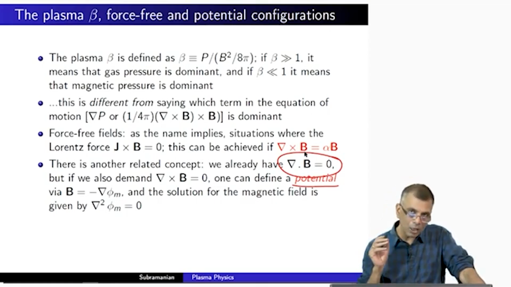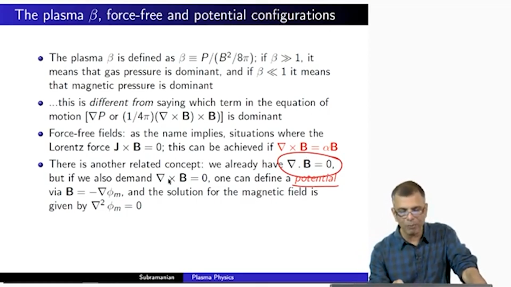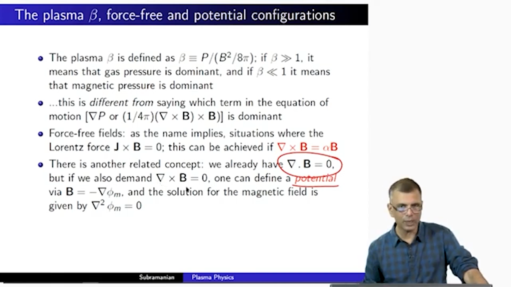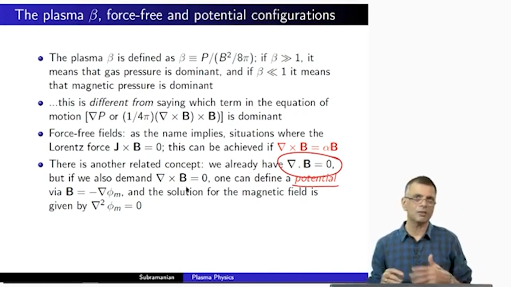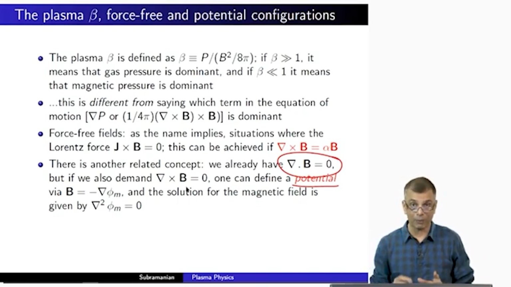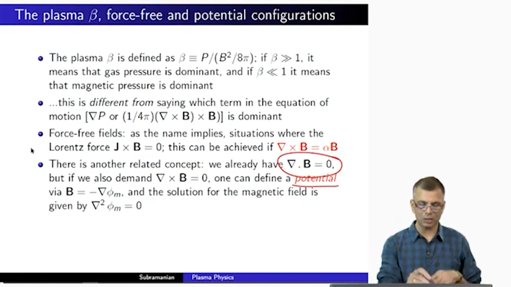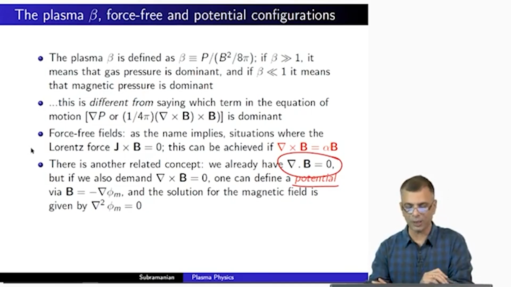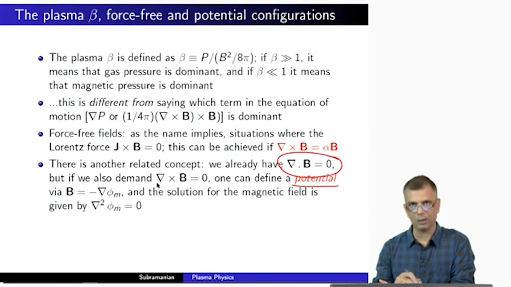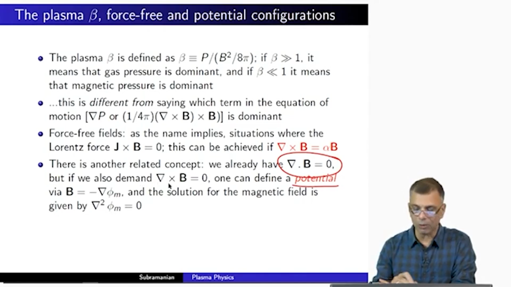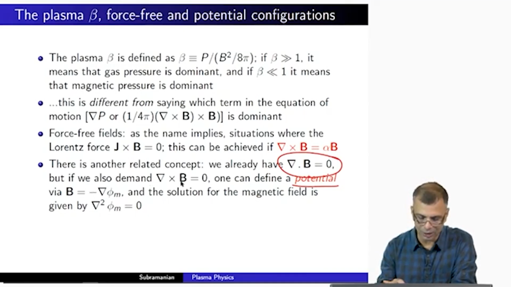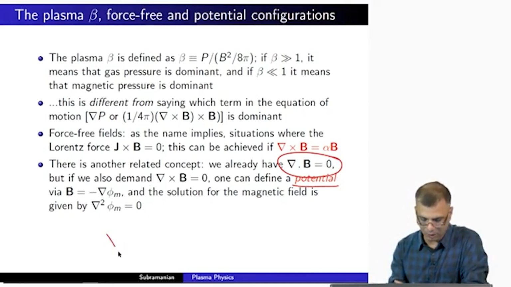But now if additionally we also demand that the curl of B is 0. In other words, if we can come up with a magnetic field configuration, and these concepts are more applicable to lab plasmas, both of them. Suppose we can engineer the magnetic field such that the curl of B, in other words the current, is also equal to 0, then one can define a potential field via B equals minus gradient of some scalar potential, and this arises directly from here, because the curl